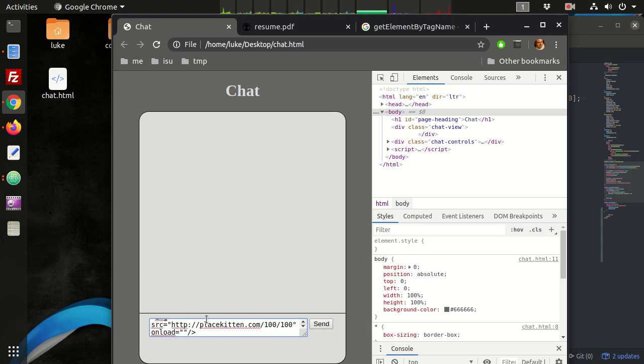Well, more malicious than just a silly alert would be something like this: document.getElementsByTagName. Notice the plural, elements by tag name, right? I want to get the element that is the body tag, and it's elements, so it's plural, even though there's only supposed to be one body tag. Usually you would use this with a div or something, and there'd be a bunch of them. We just want the first one we find because there should only be one, and then I can say dot innerHTML and set that equal to